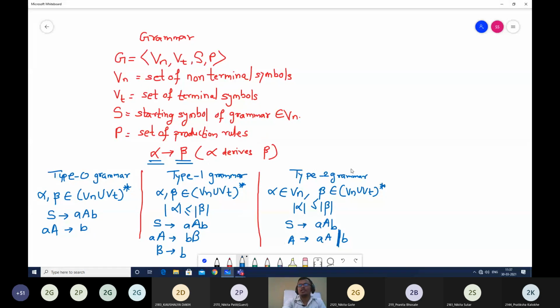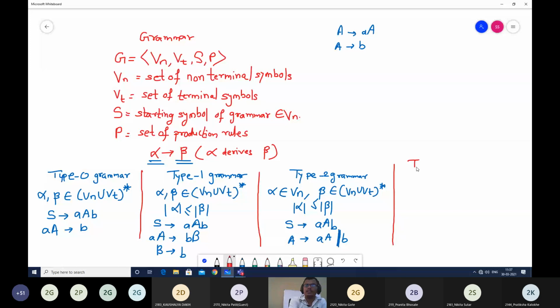So if I write these two production rules independently, how will they look? They will look like this: A gives AA and A gives B. If I want to write these two production rules together, because both are starting for the same non-terminal symbol, I can show it in this form also. Are you getting this? Now we have the last type of grammar, that is type 3 grammar.